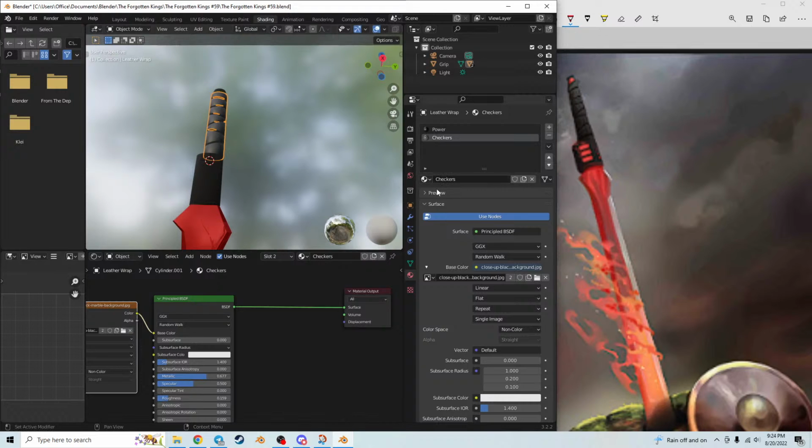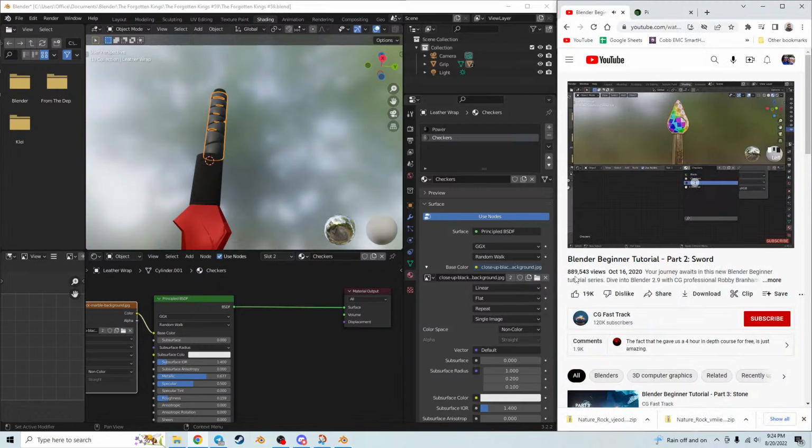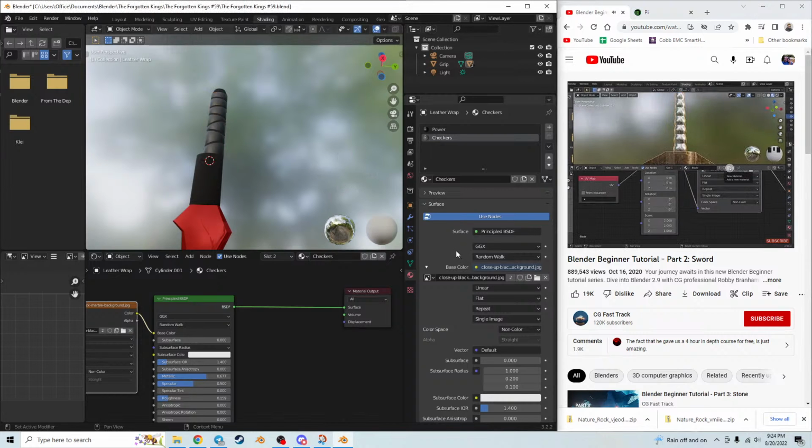So we'll go ahead and assign the same shader to these up here. So we'll go ahead and select our pommel, select our material assignment right here, and we'll choose guard. And then we'll do the same thing for the tip of the pommel. So we're going to select that, select guard. And there we go. Now we need to adjust this for our handle. So we're going to select that, and we'll go ahead and select our blade for that again. And then what we'll do is go ahead and duplicate this again,